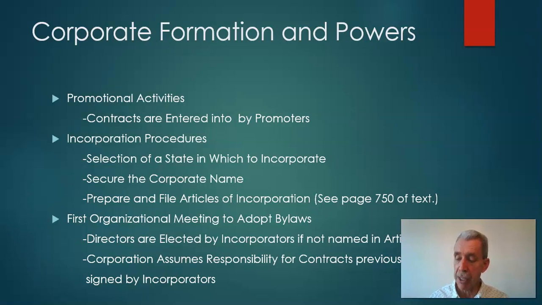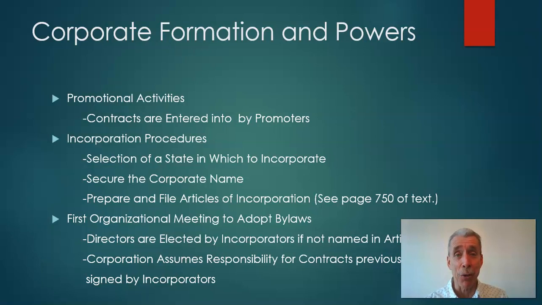One of the big things that's included in the articles of incorporation is the name of the agent for service of process. That person is selected to be the person who is served with documents on behalf of the corporation. I have friends who lived outside of the state of California. They lived in Colorado, but they wanted to form a California corporation, and they asked me to serve as their agent for service of process, which I did, and they list my name and the address of my office, so that if they get sued, I can get served with the summons and complaint and all the legal documents for the purpose of the lawsuit, and then I would pass it on to them because they live in Colorado.